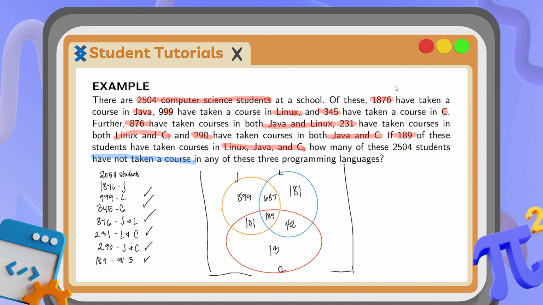By adding everything, you should get 2,112 students that took any of the three languages. But since we're looking for those that have not taken any of the three, we subtract it from 2,504,